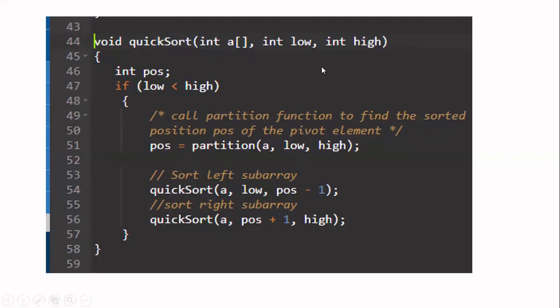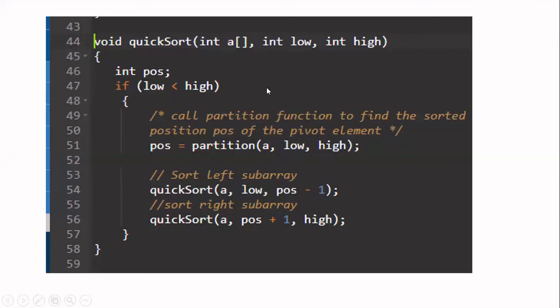Now, what we have to do in quicksort is first find the position of the partitioning, that is nothing but the position where you are going to place your pivot element. To find the partitioning position, I have another function called partition. Let me explain that later. To this function, you have to pass three arguments.